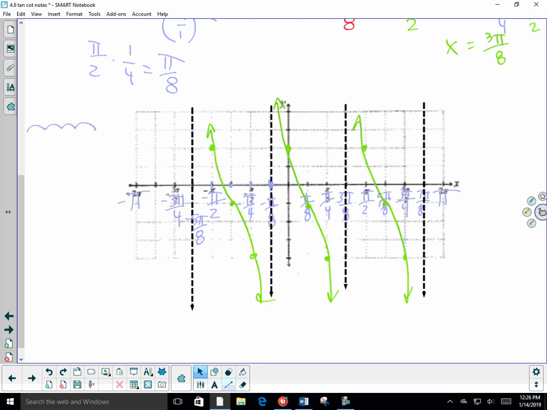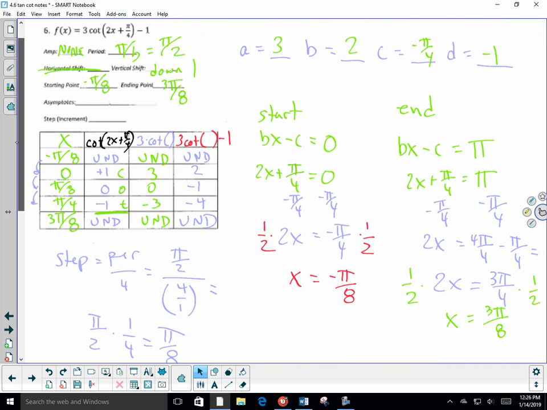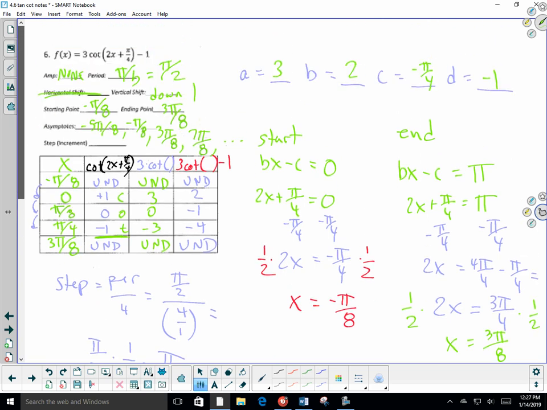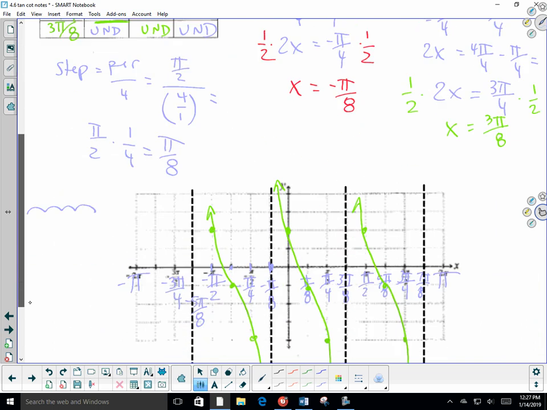All right, so I graphed 3 complete functions. I see that the period is π/2 units, right? That's what we said the period was. I can fill in some of these asymptotes that we found. We said -5π/8 would be one of them. -π/8 would be the next consecutive one. Then 3π/8, then 7π/8, and so on. So I listed 4 of them there. And again, I keep forgetting to write my step in there. So step was π/8. Squeeze that in. All right. And that completes this graph